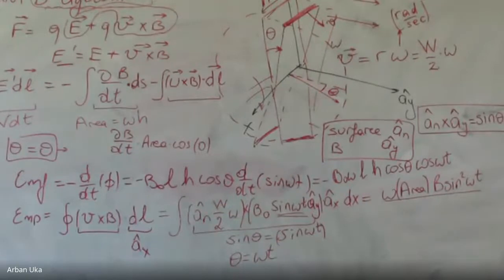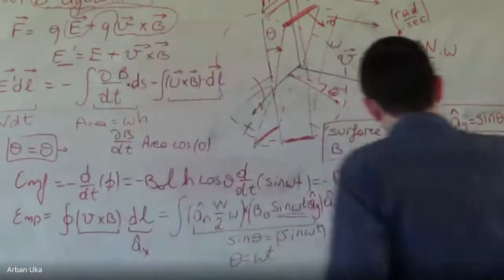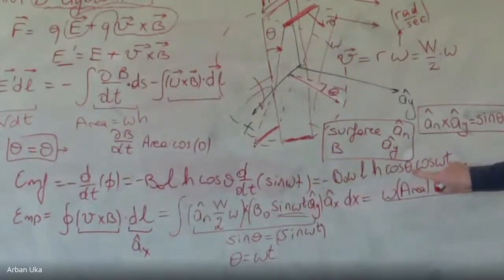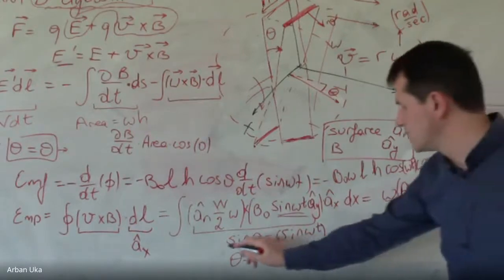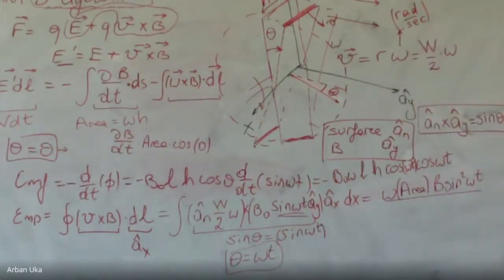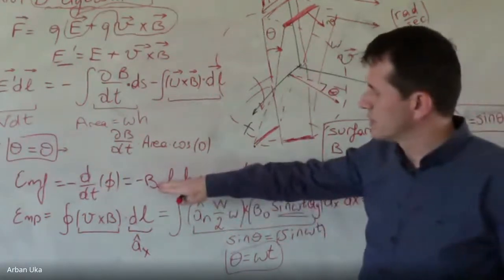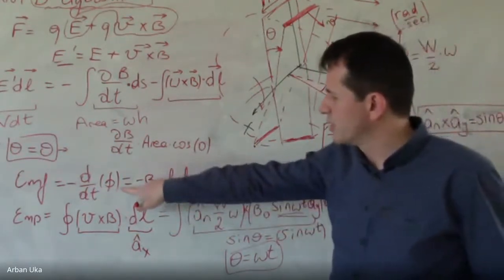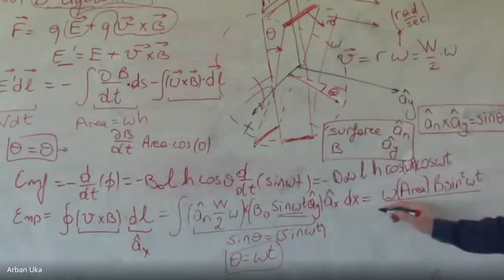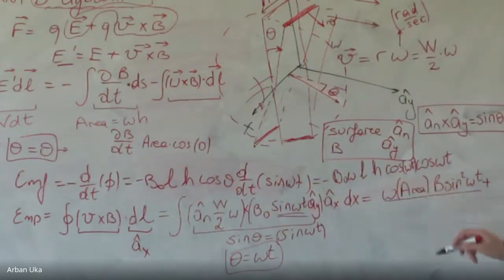So this will be how much contribution we get from that. And now, if we insert here for theta, also cosine, instead of theta, we are at omega t. So here we can get omega t, assuming that theta is equal to this. Then it looks like the total EMF, which is coming from both sides of the circuit, is from both contributions to the EMF, where one of them was the changing B and the other one was the motion of the circuit. If we add up these two terms, it looks like we're going to factor out